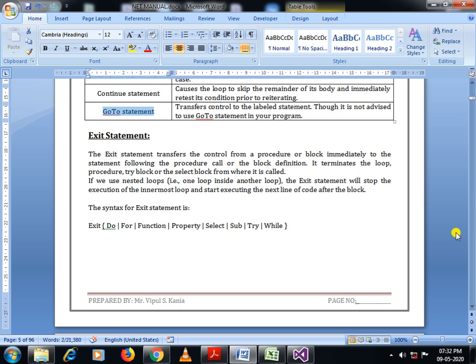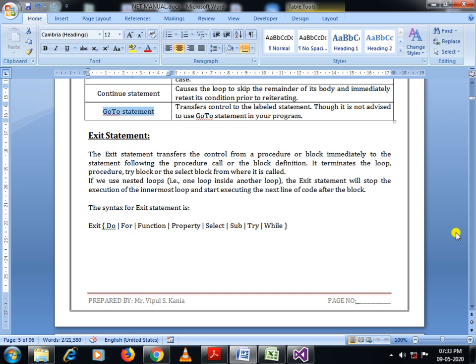If we use nested loops, for example, one loop inside another loop, the exit statement will stop the execution of the innermost loop and start executing the next line of code after the block. It indicates that if we use the exit statement in a nested loop, then the exit statement will terminate the innermost loop where we have written the exit statement.